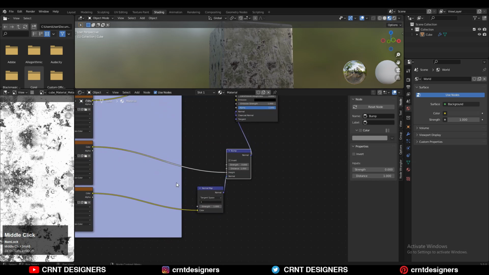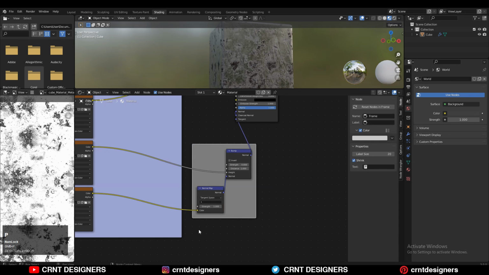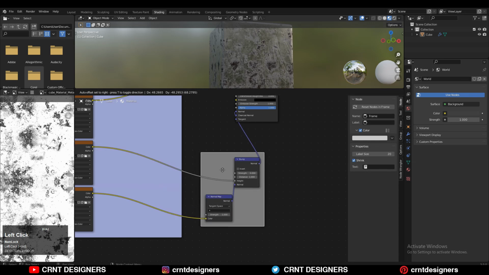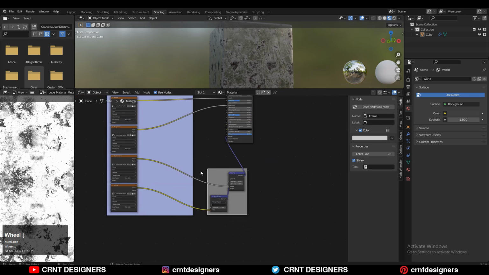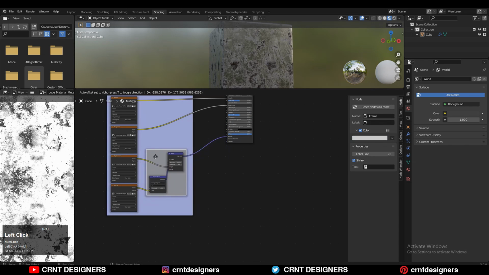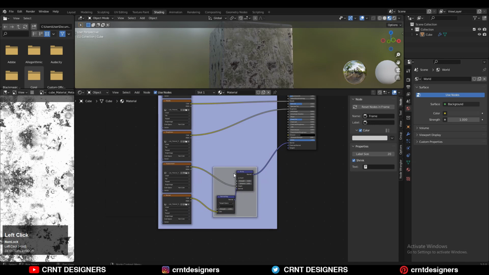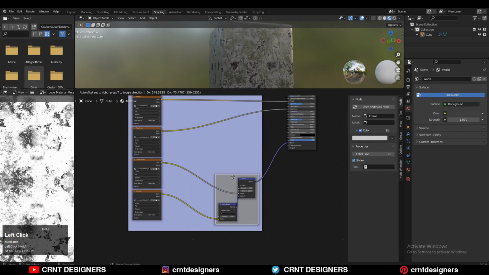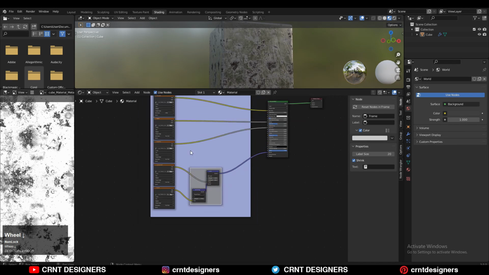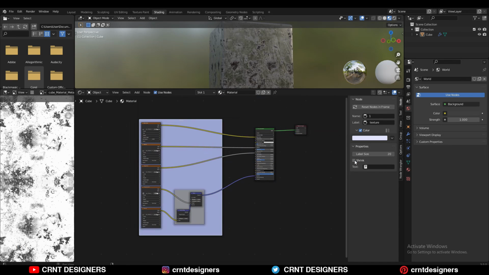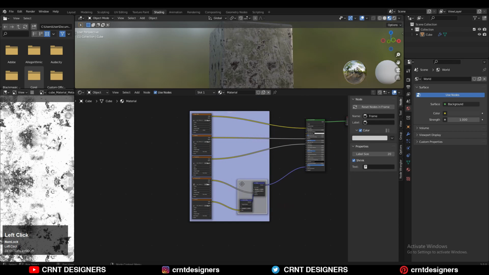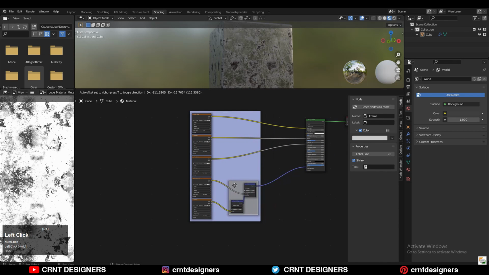I want to create another frame for this node, so I can select these nodes and then I can press Shift P. It will create another frame for that, and I can take this frame into this frame. So you just need to select that frame and then bring that frame here. Now you can see this gray color frame is inside of this purple color frame. In this way you can create multiple frames in one frame, and then you can turn on that shrink option. Then it will shrink that frame as per the space of the node.